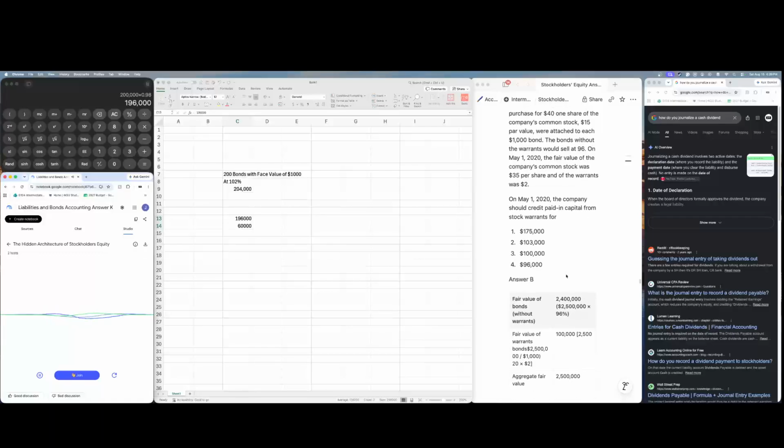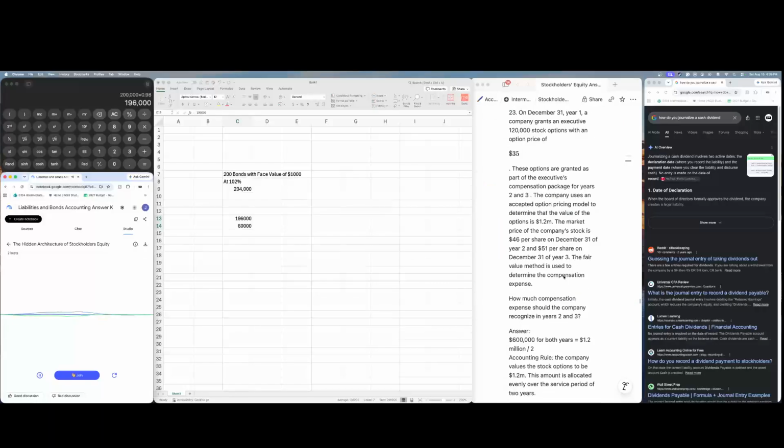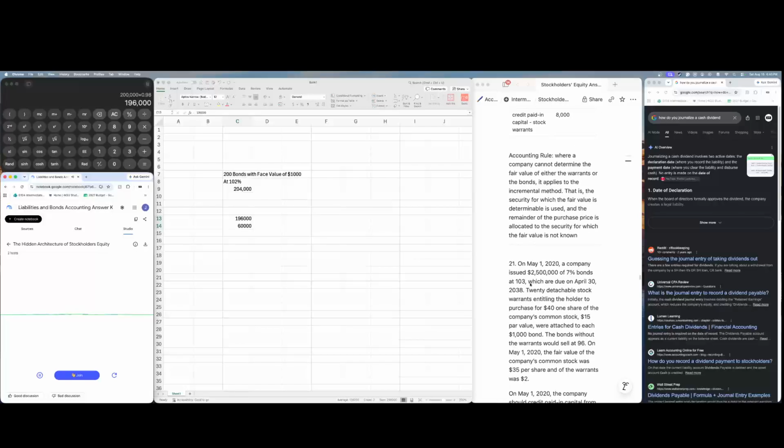That means $47,818 is assigned to the warrants, as we discussed. And the remaining cash, that $156,000, is what we officially record for the bonds. This math is what keeps the company's financial